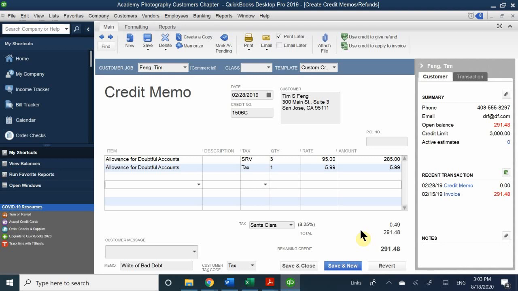Okay. Right now, you're issuing a credit memo because he's returning some things, correct? We're writing off a bad debt because he's most likely not going to pay it. On the credit memo, the tax line is there, and the first line has a service. Depending how you set up the service,